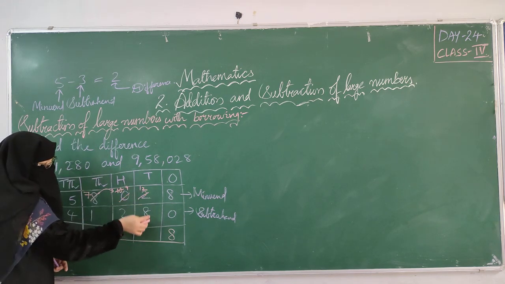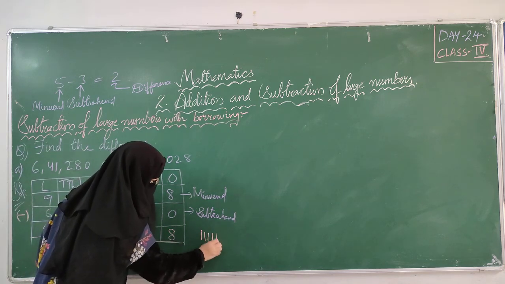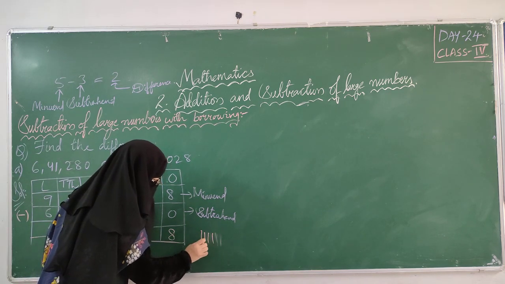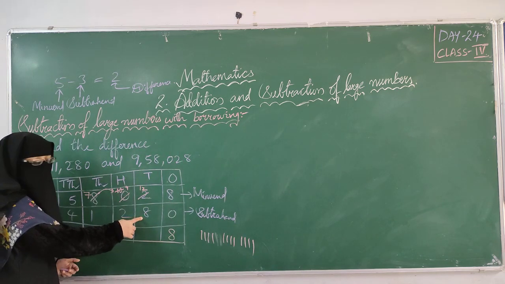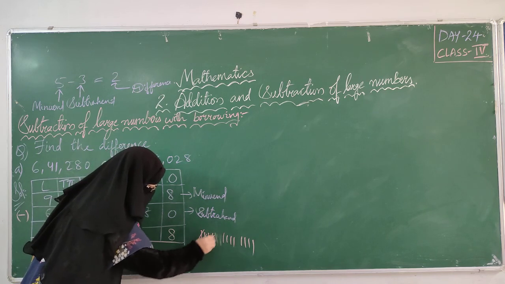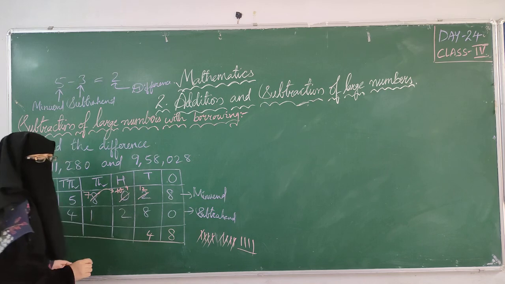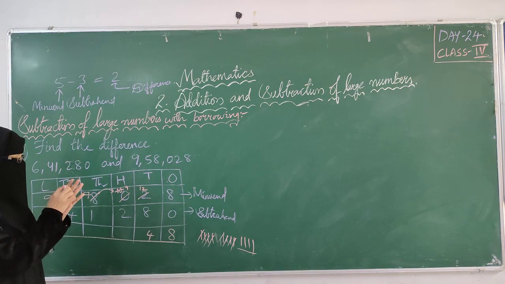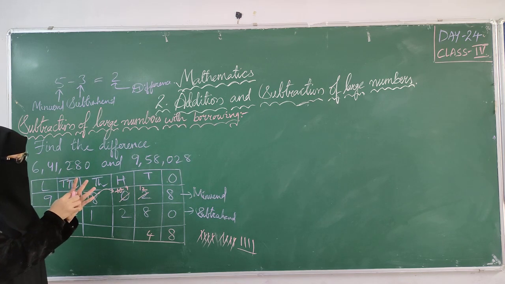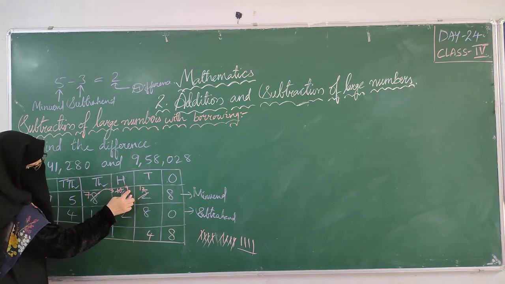Now, 12 minus 8 is how much? Put lines or count on your fingers, your wish. 4, 5, 6, 7, 8, 9, 10, 11, 12. From 12 we have to subtract 8. Remove 8: 1, 2, 3, 4, 5, 6, 7, 8. How many are left? 4. Write 4 here. Or you can count it on your boxes like this: 1 to 12. From 12 we have to remove 8. How many are left? 1, 2, 3, 4. Like this also.